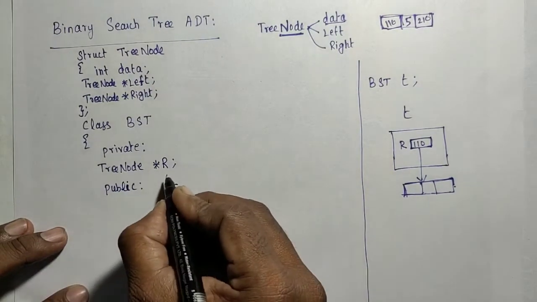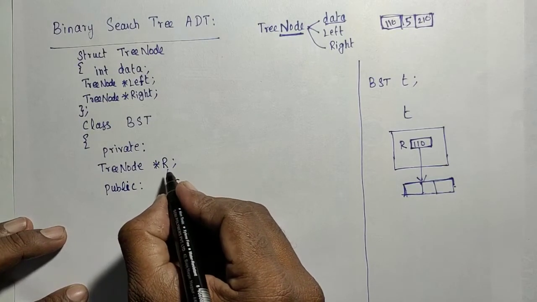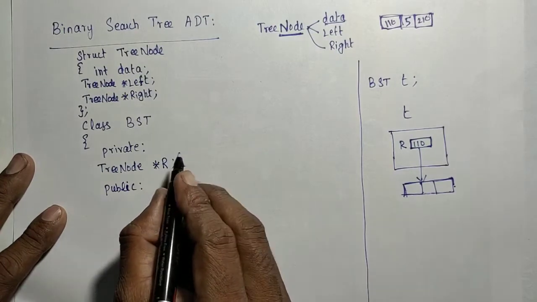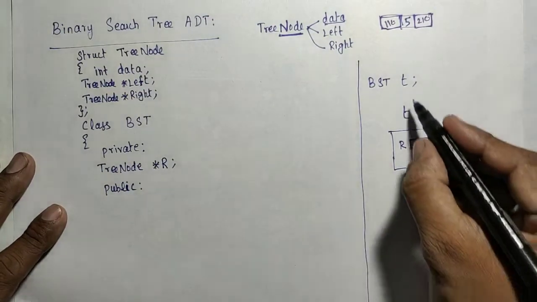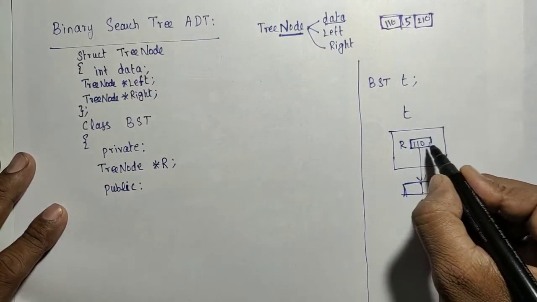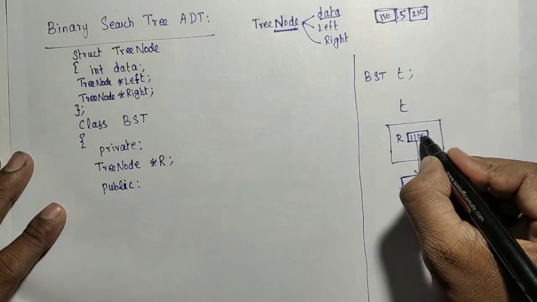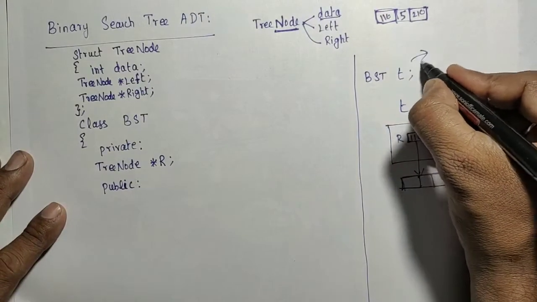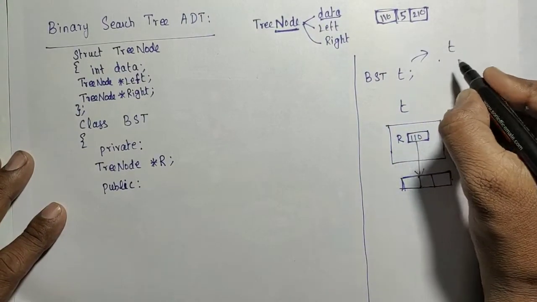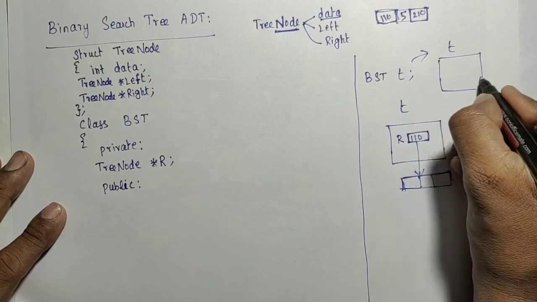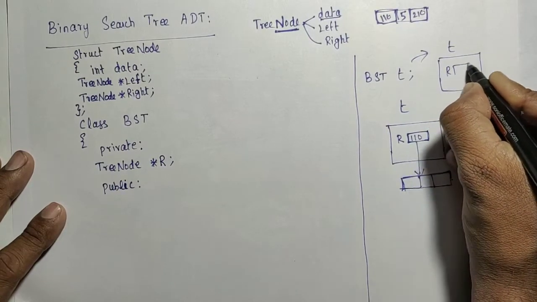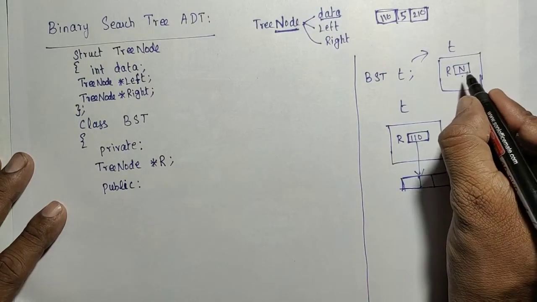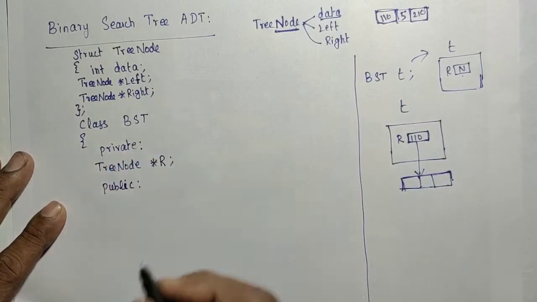And then in the public section, no other storage is going to be used for holding the elements. Initially the binary search tree will be empty. When you are creating that tree, it has the null only. This is for example. When you are creating the tree, the tree will have R, and initially R has null only. So that needs to be initialized through the constructor of the binary search tree.